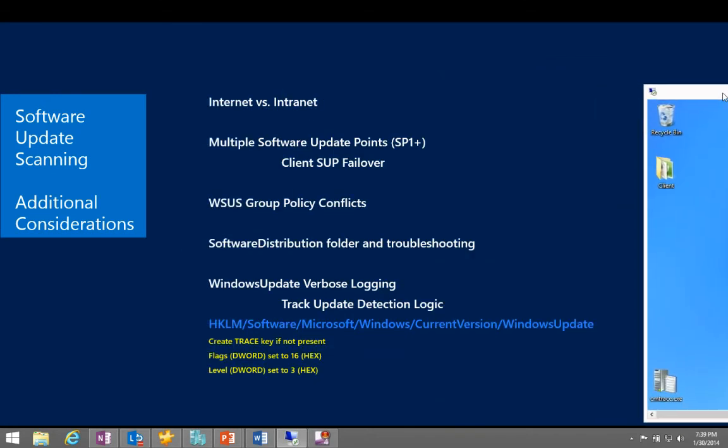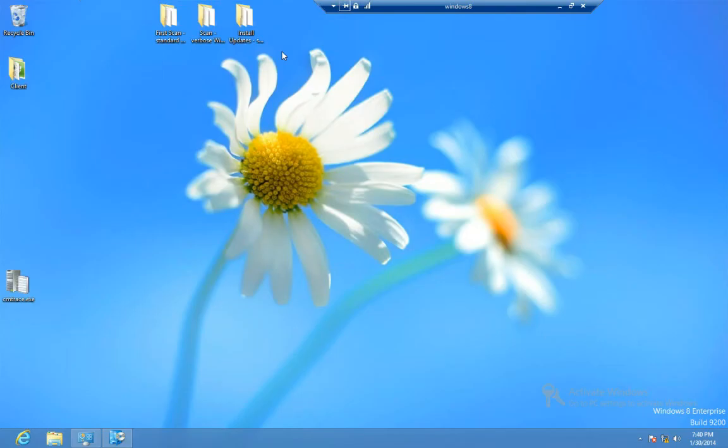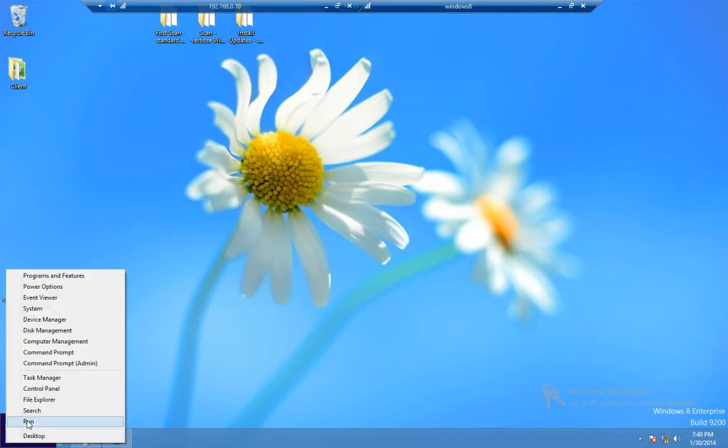Now, the other thing I wanted to show you here is this Windows Update verbose logging, right? So it's useful just to know what's going on. It's also pretty useful to track maybe some update detection logic and know how it's been applied in the environment. And Windows Update Agent verbose logging is something easily turned on in the registry. So I've opened regedit